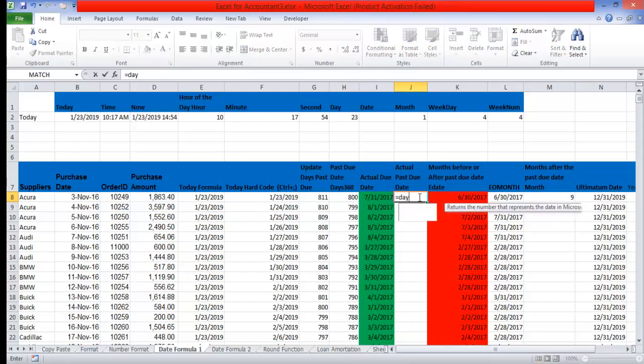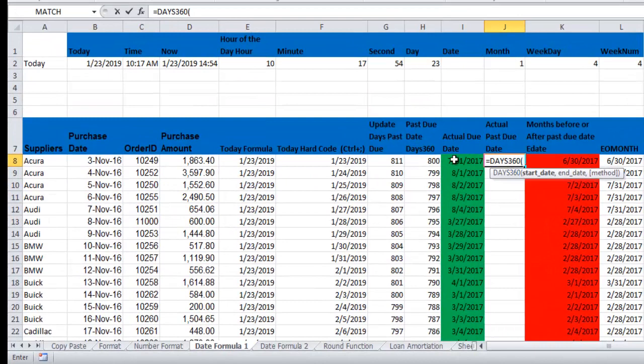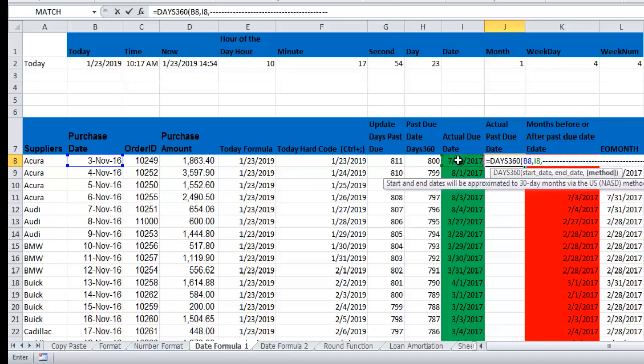So we can use the DAYS function of Microsoft Excel. We click the start date, which is the purchase date. You can see Excel asks for a comma after the first argument. The next is the end argument, and the end argument is the actual due date. So you click on that particular cell and you type a comma, and